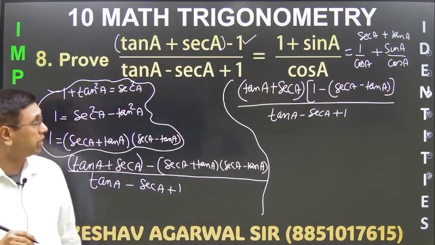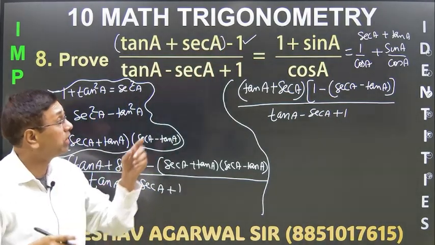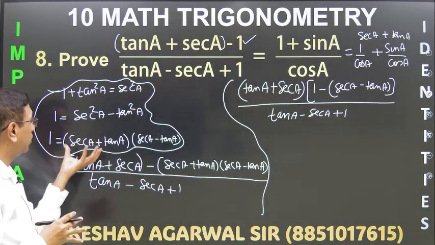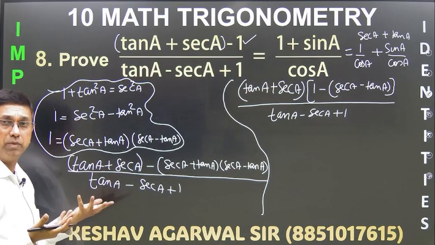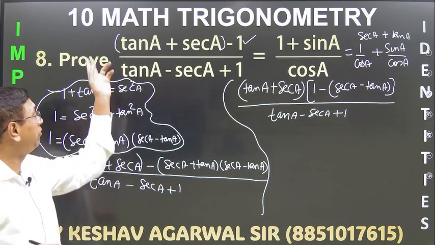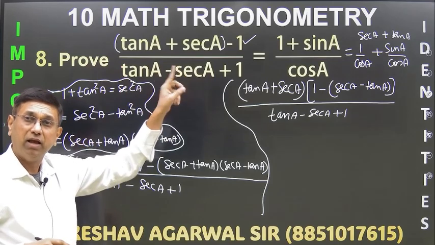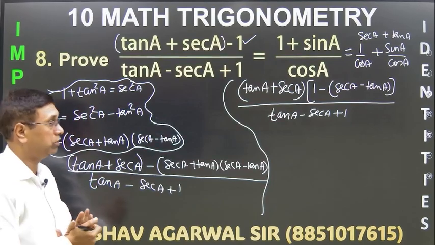So now note carefully what we did. We converted only this one. Why did I convert? I saw the RHS is sec A plus tan A, so that forced me to convert. Then I used this identity to find 1, which we will use in many questions. The same is applicable if it is cot and cosec. So there are two types of questions in parallel, tan and sec, and with cot and cosec you will also do the same method. The only thing is it becomes 1 plus cot square A.